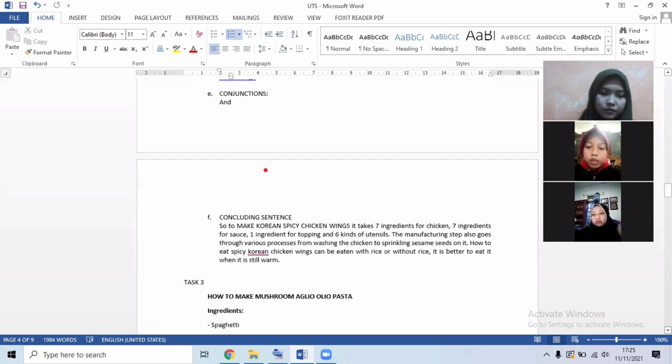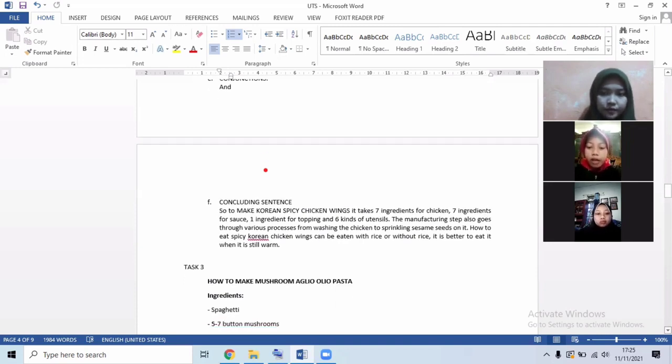How to eat spicy Korean chicken wings: they can be eaten with rice or without rice. It is better to eat it when it is still warm. So the next will be explained by Leila Ayu Isa Putri. For Leila Isa Putri, time is